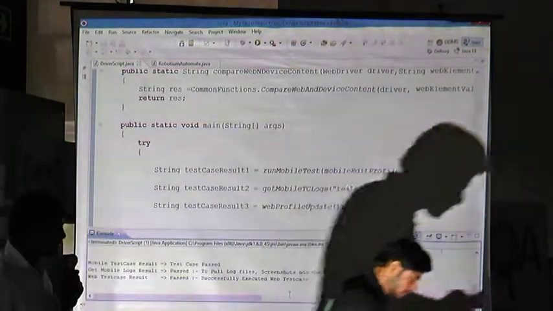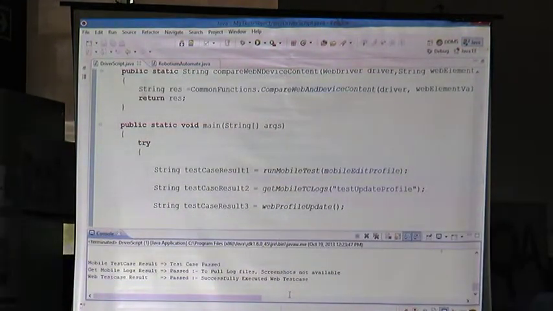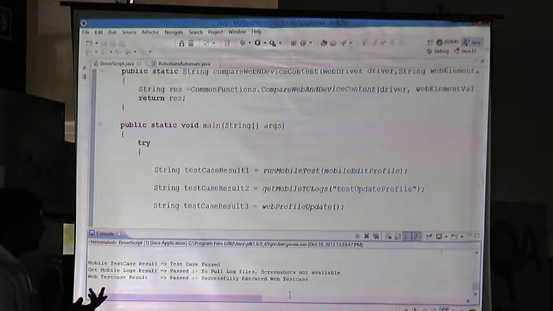Parallelly, you want to say? Parallelly, it cannot be updated, right? It will take any one. So if I update something on mobile, I can still validate whether that's updated correctly or not.